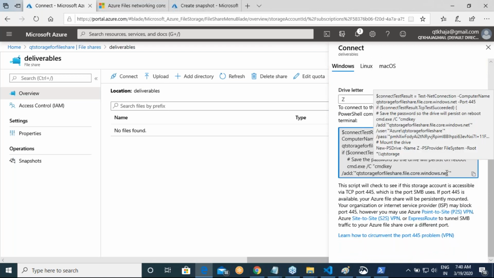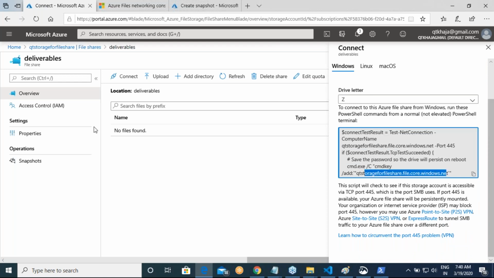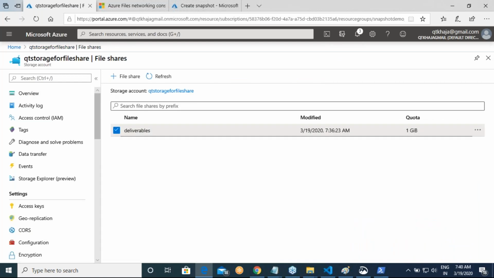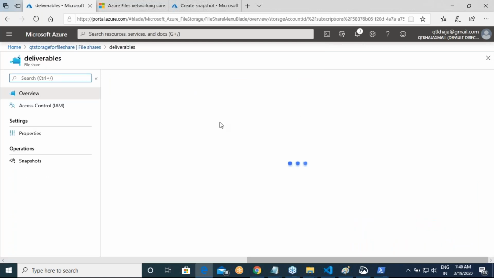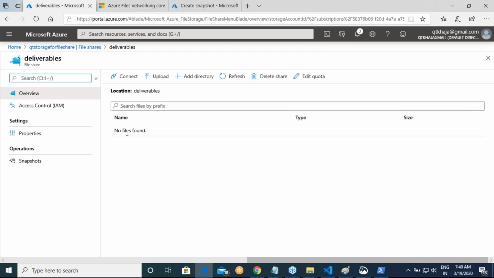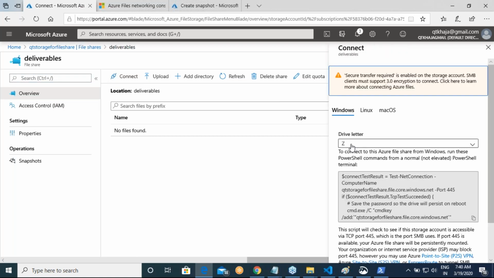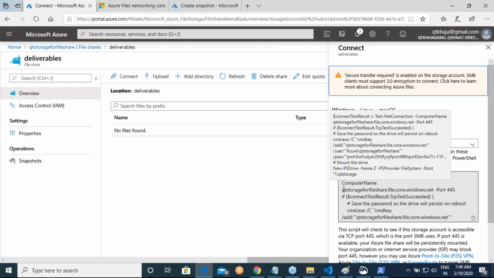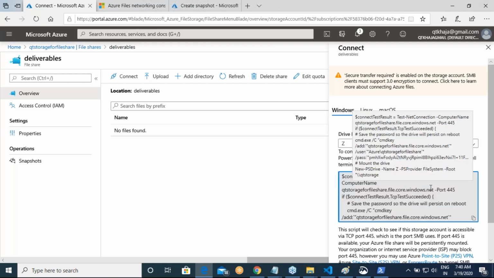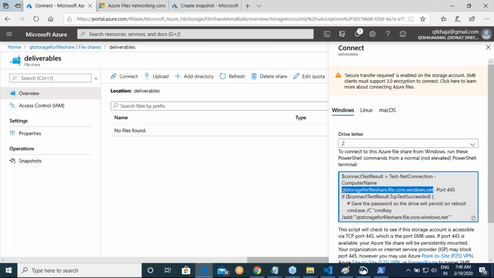If I go to the overview of it, click on connect. It tells me that you can use this Z letter, and the computer name is this.